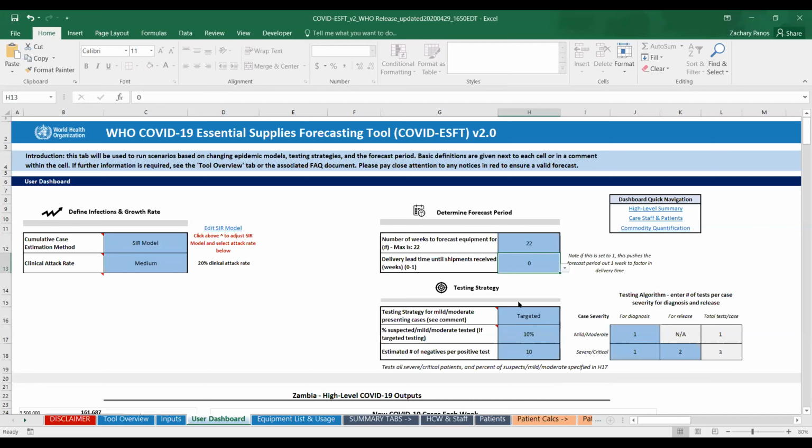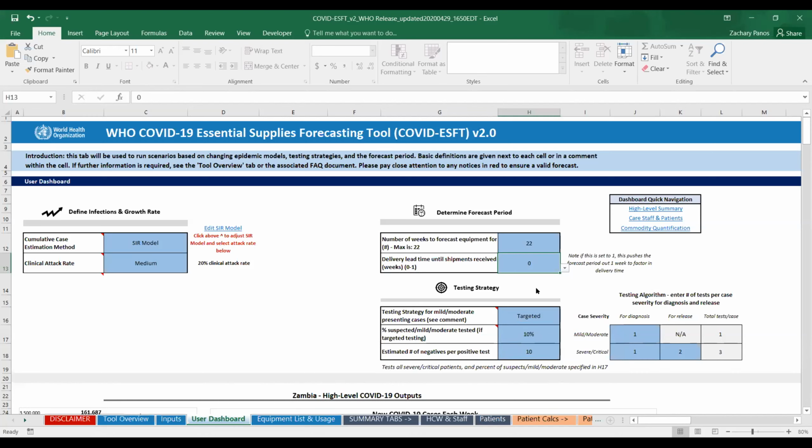We've highlighted in comments here, as well as the FAQ document, that there are really two testing strategies the user can select from. One is that the tool will quantify for testing all suspected cases. This would be all cases that present, regardless of severity, and a set number of negative cases per positive case.